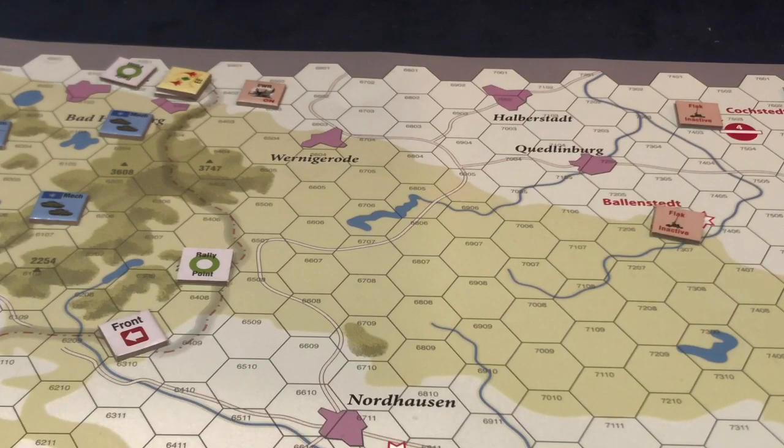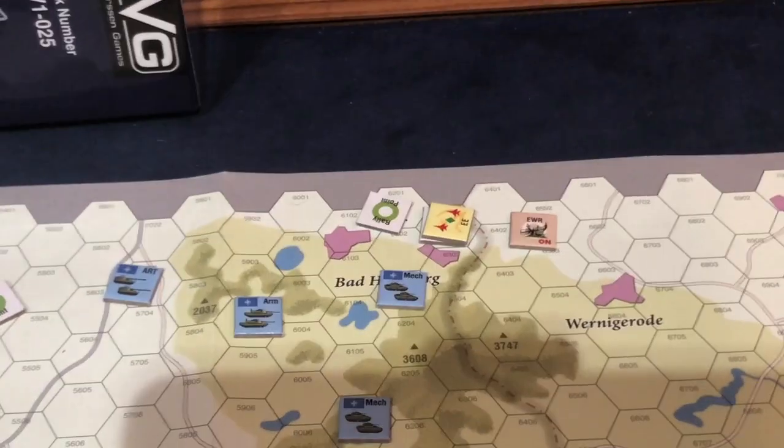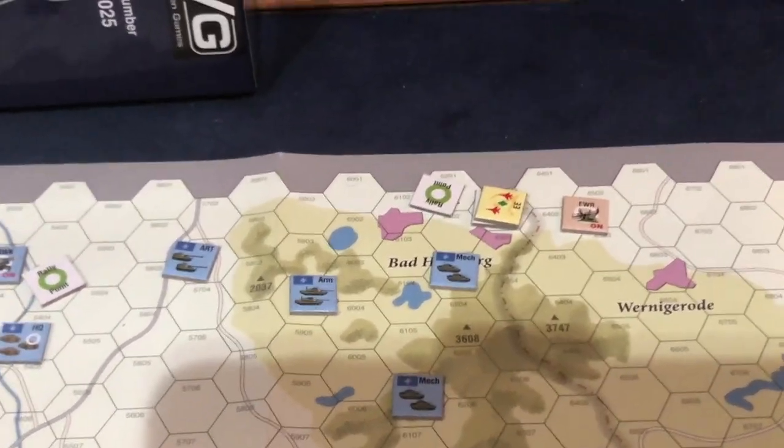And yeah, there we are. So we're right over the front line and right near the rally point that we set for ourselves. And we're 2 spaces